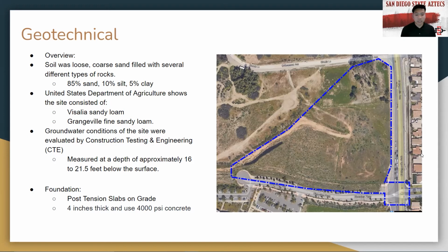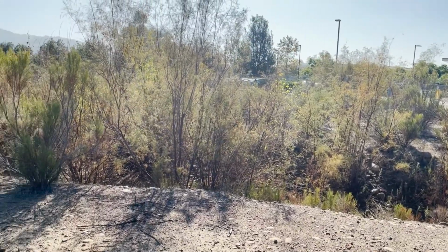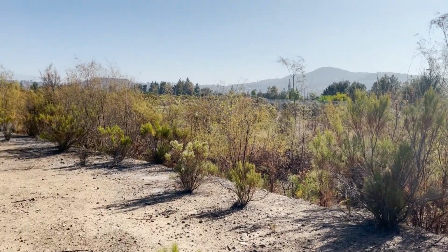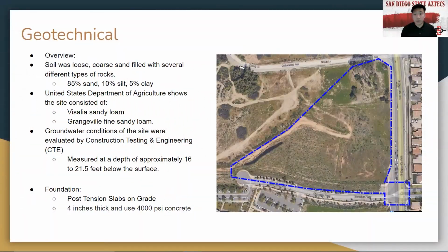With increased precipitation or irrigation for future vegetation, it is imperative that proper drainage systems are implemented to account for high saturation within the soil. For the foundation of the county animal shelter, we would use post-tension slab-on-grades that are 4 inches thick and